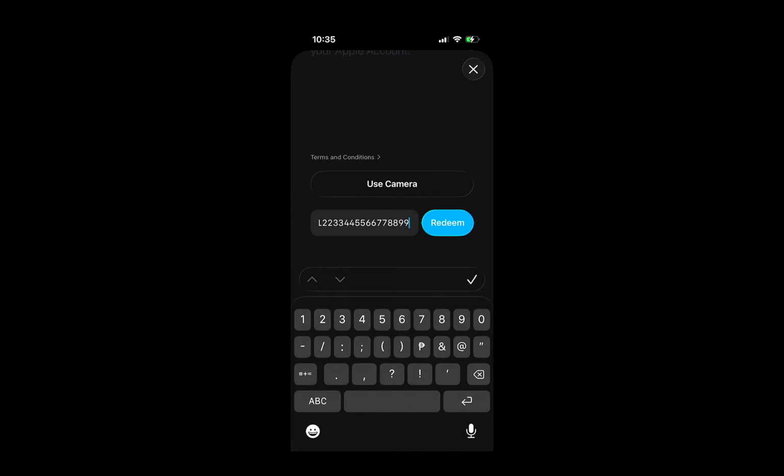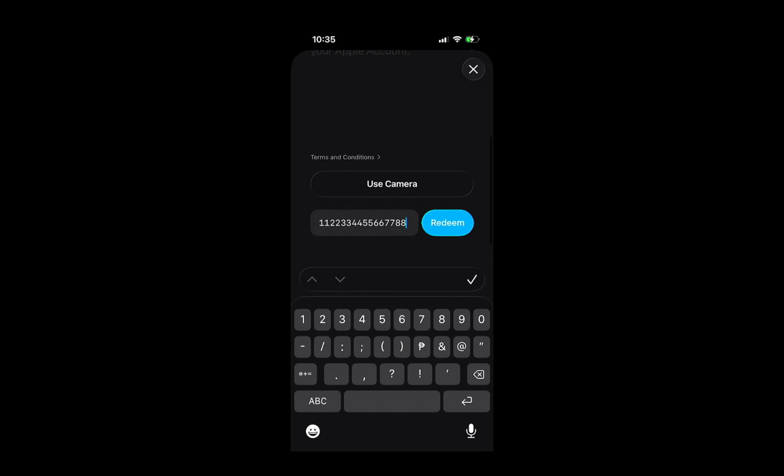After you redeem the card, you can use that balance to buy apps and games from the App Store, make in-app purchases, pay for Apple Music, subscribe to iCloud Plus, and cover other Apple subscriptions and services. That means your balance can go beyond just app purchases and help pay for ongoing digital services as well.